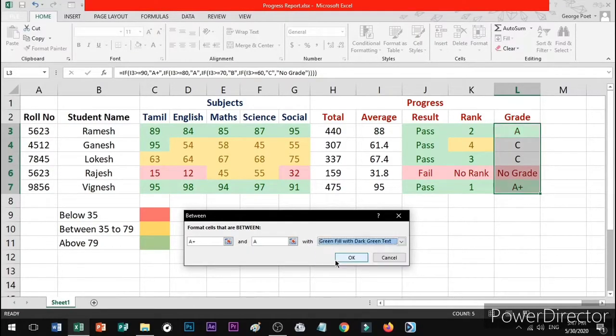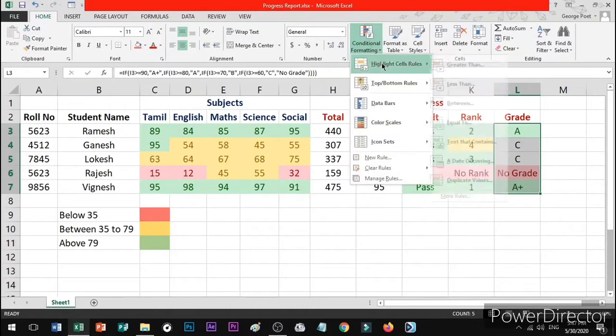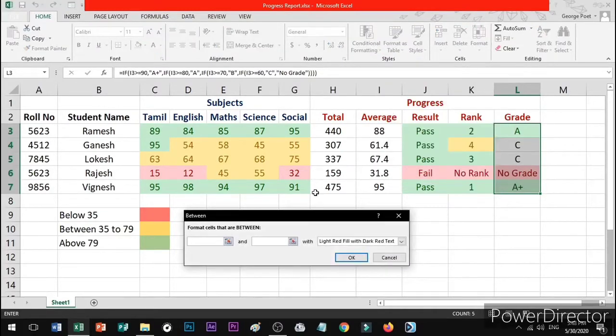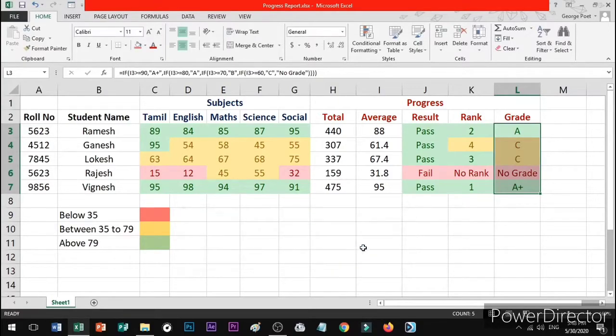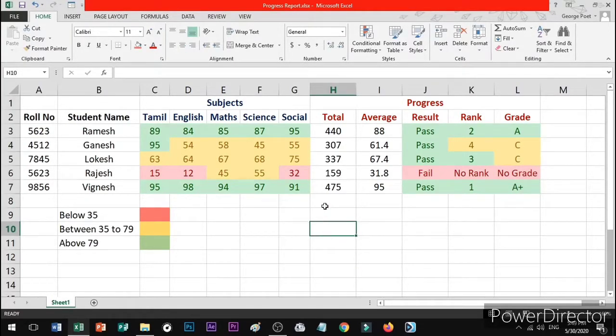Next, let us move on to the topic conditional formatting presets. Excel has various predefined styles or presets we can use to quickly apply the conditional formatting to our data. They are grouped into 3 categories: one is data bars, color scale, icon sets.